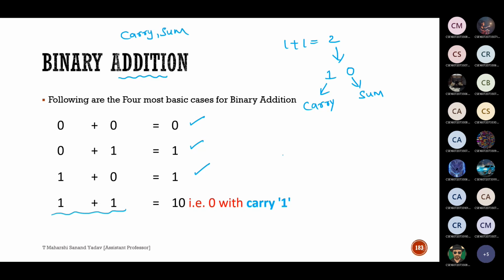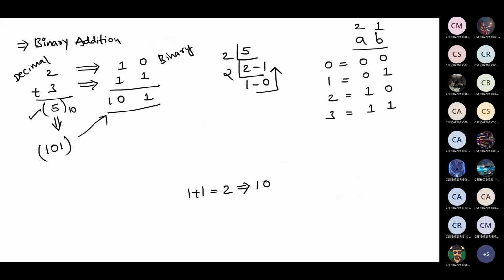So in addition we get carry as well as sum. Suppose I perform subtraction, then I'll get the keywords borrow and difference. So if I perform addition, the keywords are sum and carry. If it is subtraction, it is borrow and difference. Now similarly, can you form a table like this for 3 variables? So 0 plus 0 plus 0, how much? Next 0 plus 0 plus 1. Like that you form a table and tell me the answer.